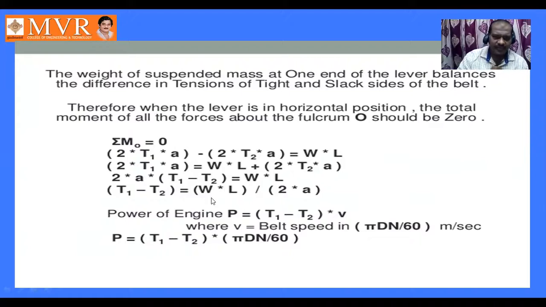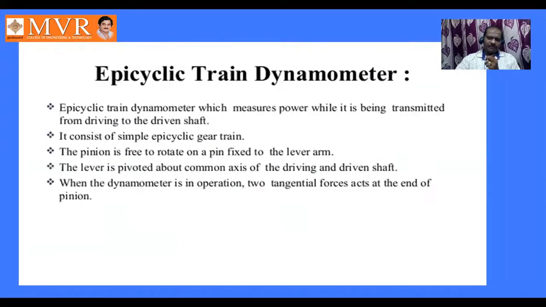W is the weight acting, L is the distance from the weight to the fulcrum center point. A is the distance between the tensions and the center of the fulcrum. So all these are known, which means we can measure the power of the engine. So this is how a belt transmission dynamometer works. Next, we will go for the epicyclic